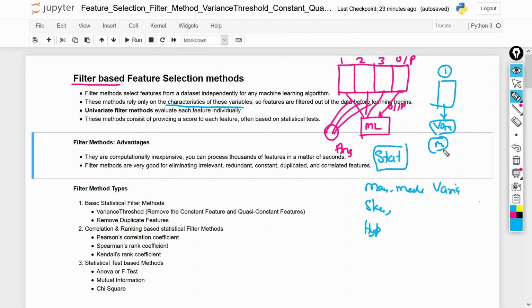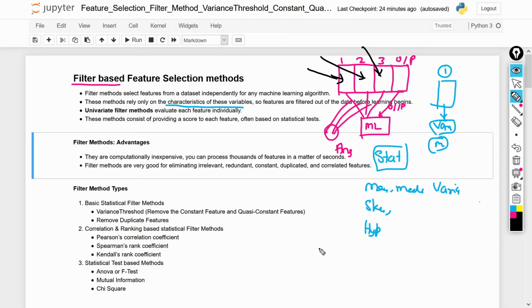There are different techniques we can apply on that feature, but the main point we have to consider is that we perform analysis individually on each feature. It means if we are going to perform our analysis on feature A, then we will not take any relationship with the other features.